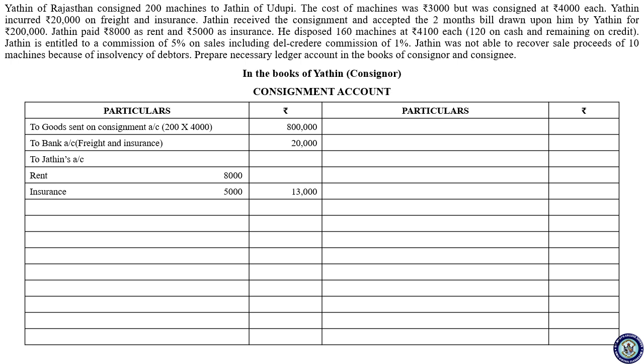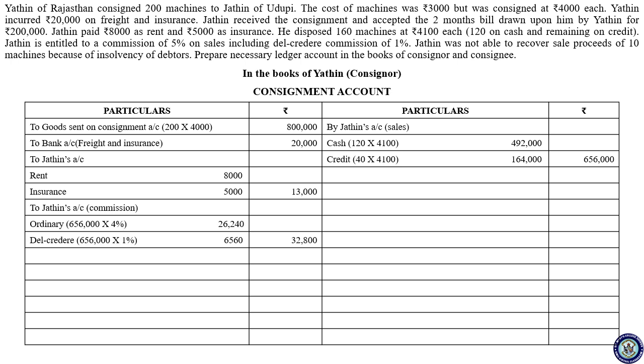Then the information regarding the sales. So by Jatin's account, within the bracket you write sales. Under that there is a cash sale, that is 120 units. Credit sale, that is 40 units. How did you get 40 units? Total sale 160, out of which 120 is a cash sale. The remaining is on credit. Credit means you have to write credit here. The debtor entry you write in the consignor's account. Okay. But here you have to write credit. You cannot write debtor. So 120 into 4,100, 40 into 4,100, total 6,56,000.